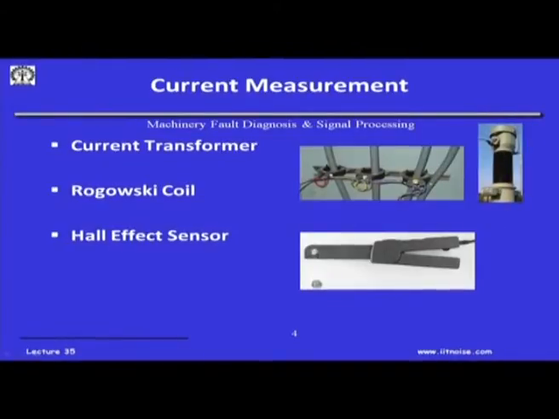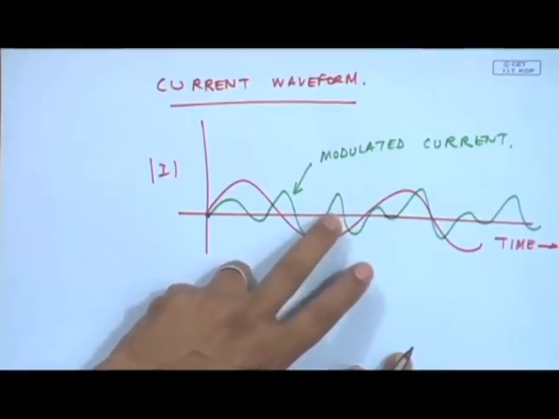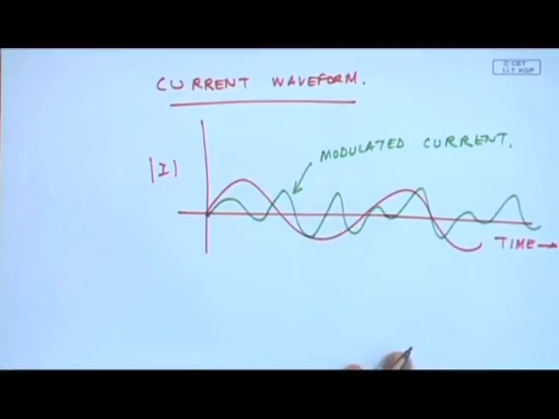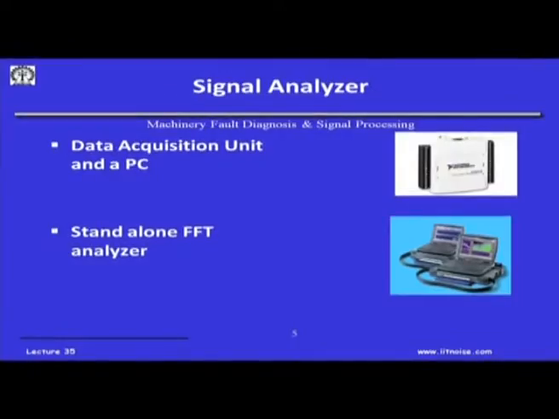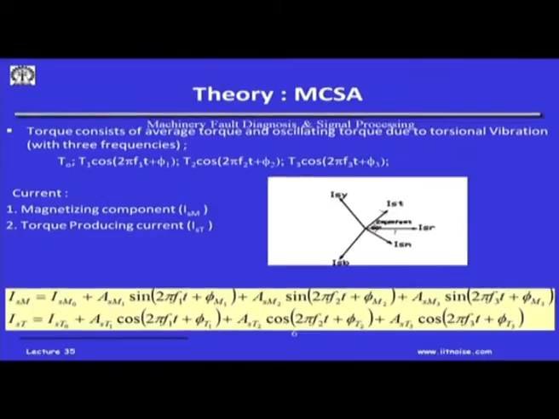And particularly in the field, these Rogowski coils are used, but we will be using Hall effect sensors because they have a wide frequency range. And as you will see this green signal here, the frequency content of the signal is different. And then this is very cheap. All you have is a data acquisition unit which will carry the conductor, or use one of these analyzers like we have in the laboratory. Then you use it and do the current analysis. But now let us go to the theory of this motor current signature analysis, and we will see why this is important.